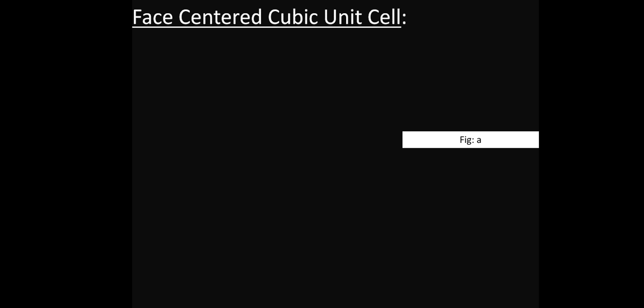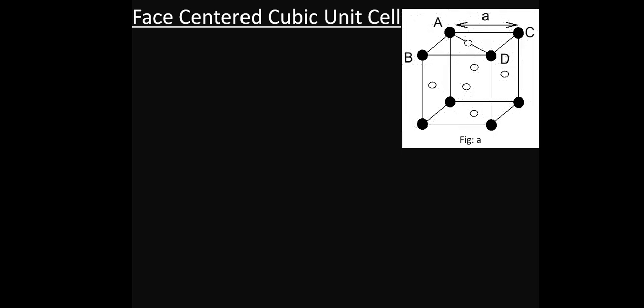Now, as we have discussed in our previous video what packing fraction is and how to calculate it for a simple cubic unit cell, we'll be going in a very similar way for this derivation also. For those students who are watching it for the very first time, please watch the previous video on packing fraction and how to calculate it for a simple cubic unit cell so that this derivation becomes very clear to you.